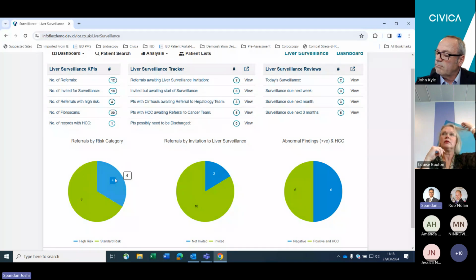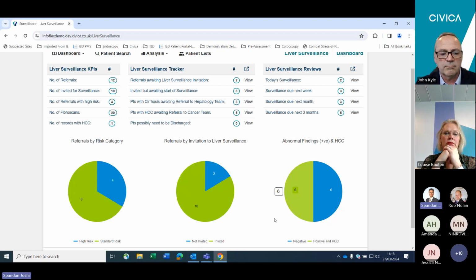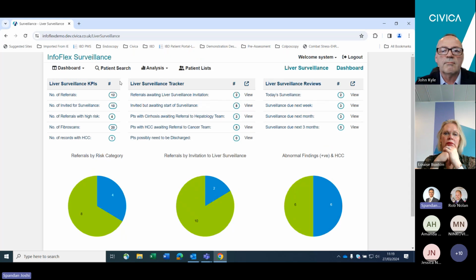It's broken down into risk category, high risk or standard risk. This is invitations sent for the liver surveillance and those that are still not invited. And this particular chart shows negative outcome versus positive outcome, and those diagnosed with hepatocellular carcinoma. We'll come back to this. So the essence of the dashboard is that every piece of information, all KPIs, all charts, your tracking, navigation is all